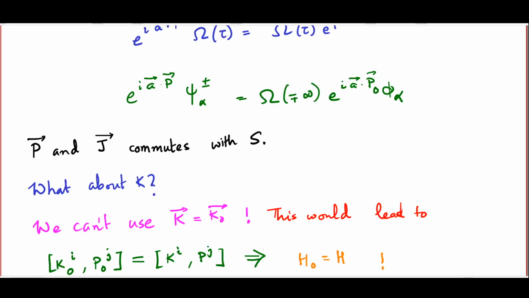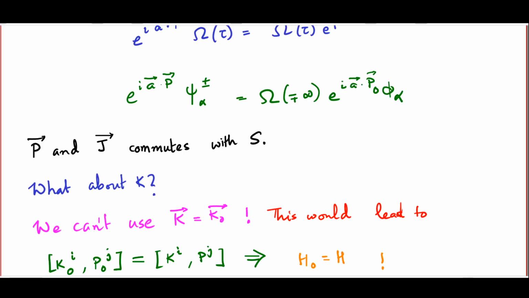Can we use K equals K0? Which would of course have made this whole calculation rather trivial. However, that would be impossible because that would be inconsistent with our Poincare algebra itself. According to the Poincare algebra, the commutator of Ki and Pj